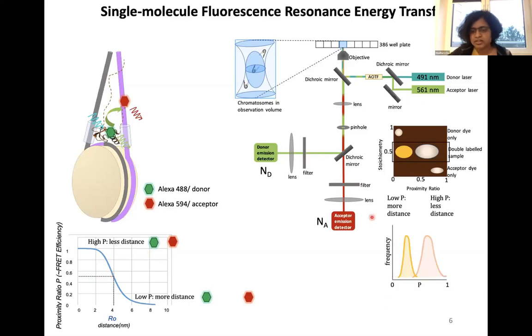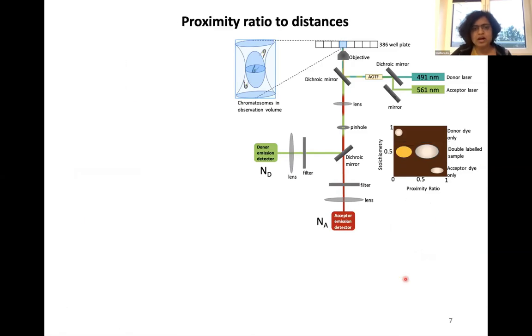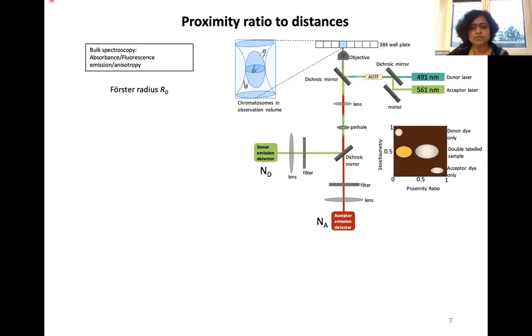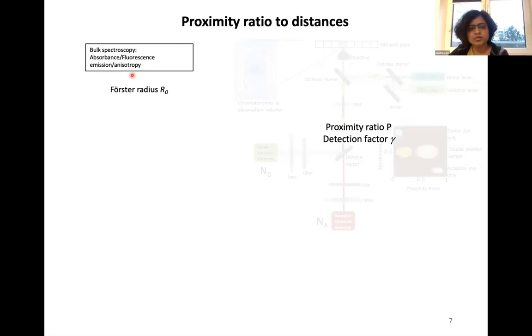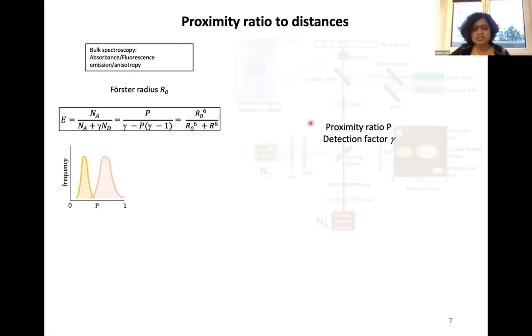So you get a plot like this from here. This is the proximity ratio of the FRET efficiency. How you get the distances, it's actually a multi-step process. So it involves both single molecule experiments as well as bulk spectroscopy. You plug in all these parameters here, the Forster distance from the bulk and the proximity ratio from single molecule